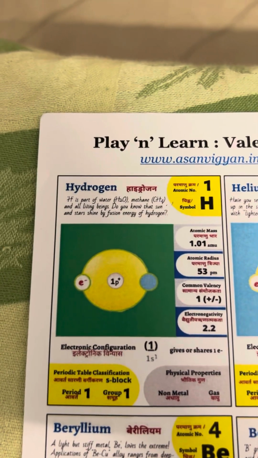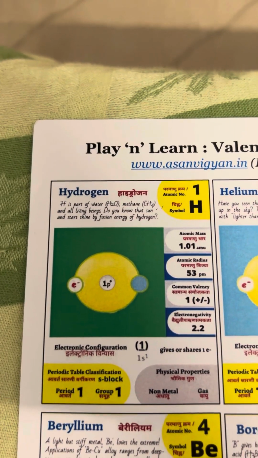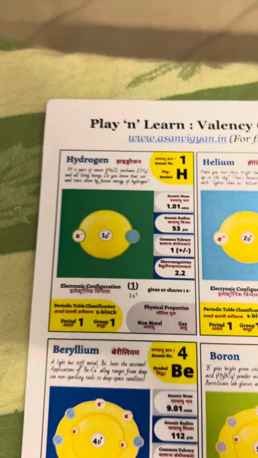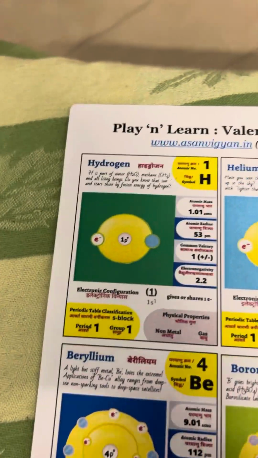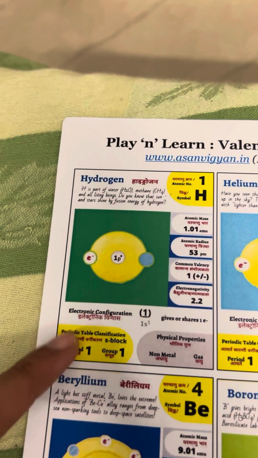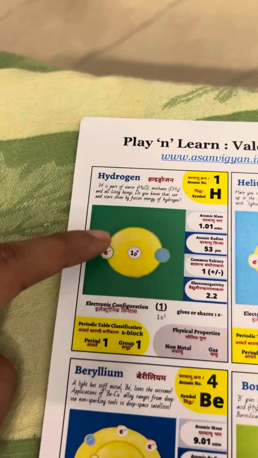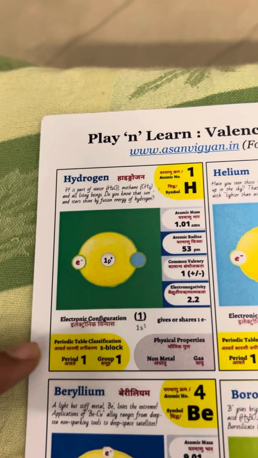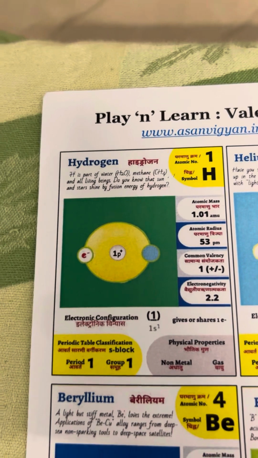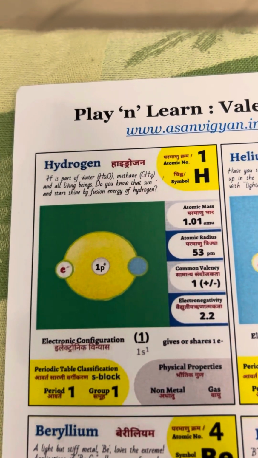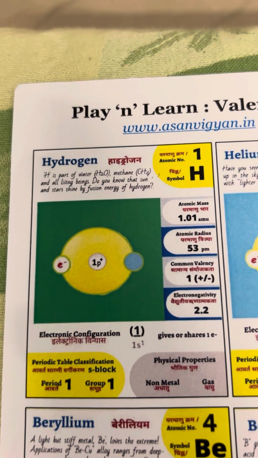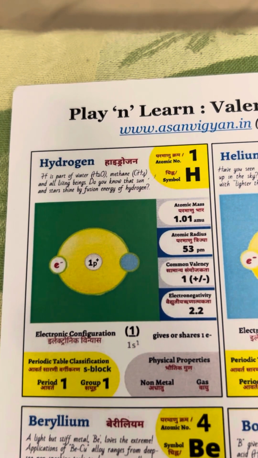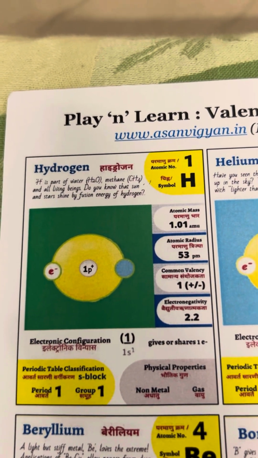So how are we going to learn about the patterns in the periodic table? So let's first divide the whole game in two parts. In the first part we will focus on the information which is on this side of the table, that is atomic number, symbol, electronic configuration and the position in the period and group. Okay, so first let us do a quick view of some of the elements and say out loud the given information. So hydrogen, atomic number 1, symbol H, electronic configuration 1, position is period 1, group 1.